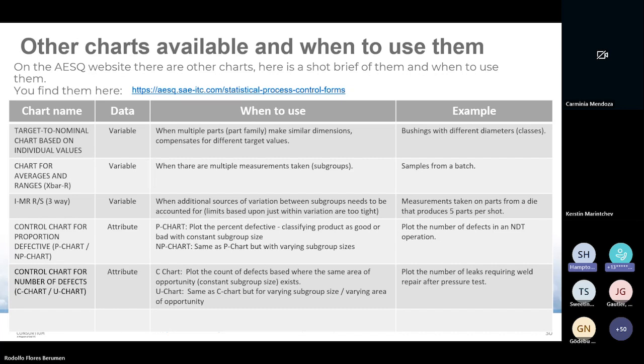So we have our P charts and our NP charts for when you're using proportions. So that's the binomial distribution, and the difference there is, are you going to use subgroups or not? And then you have your control charts for number of defects. So your C chart or U chart, C chart for individual, U chart for when you're using subgroups. So yeah, those are the most common ones that we feel most people are going to use